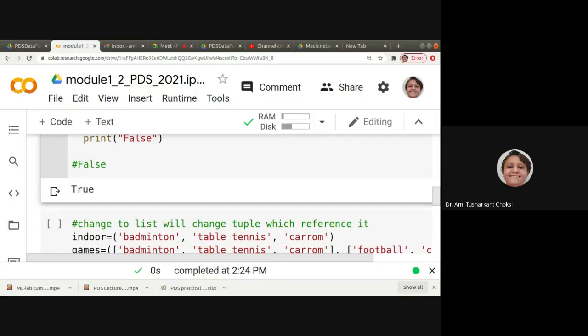Now, a change to a list will change the tuple which references it. Okay. As such, tuple is immutable, right? But a change to the list will change the tuple which references it. Let's see the example. We can have the idea.